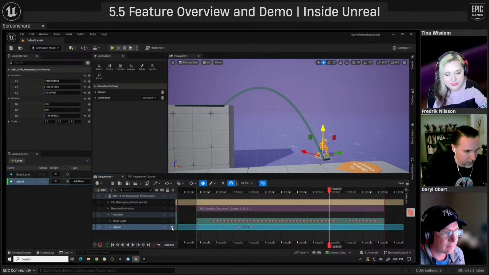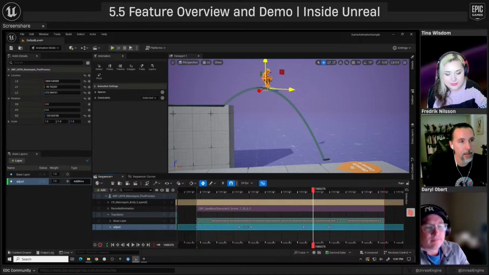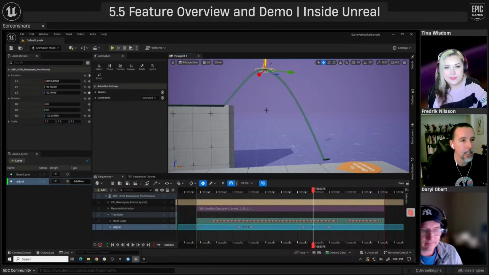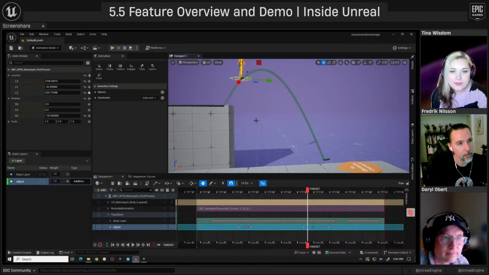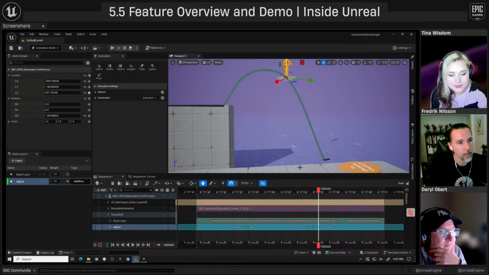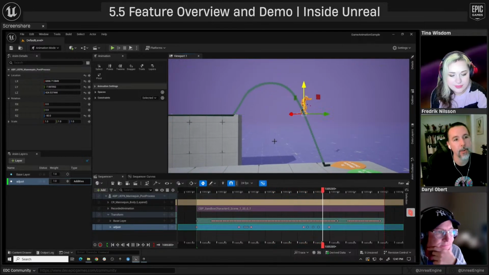So I set a keyframe on there, and I know that he's gonna take off about here. I do this, and then I go into the peak of my arc, and I just move this up. So now you can see, I can do this too. Just kind of adjust that trajectory a little bit. So now he should have a little bit more hang time and jump higher than what I had recorded there,